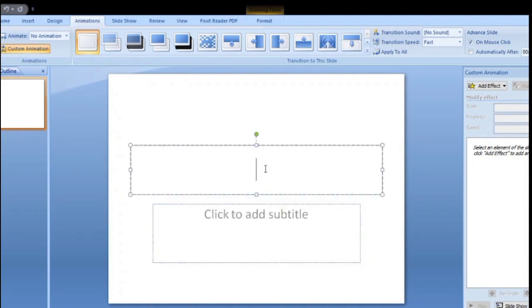This is the insertion pointer. Type a title and subtitle; you may write as you wish. If you click outside the box without writing anything, these two writings will be viewed again: Click to add title and Click to add subtitle.